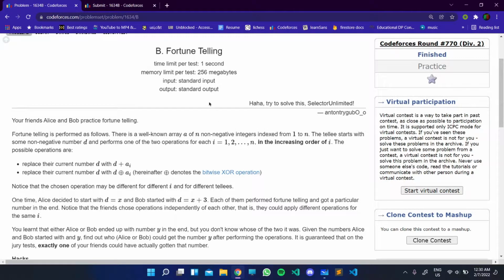Hi everyone, today we'll be discussing the problem Fortune Telling. This problem appeared in Codeforces Round 770, which was rated for Div 2, and the problem number was B. So the problem goes as follows: Alice and Bob are practicing fortune telling, and the fortune telling is performed